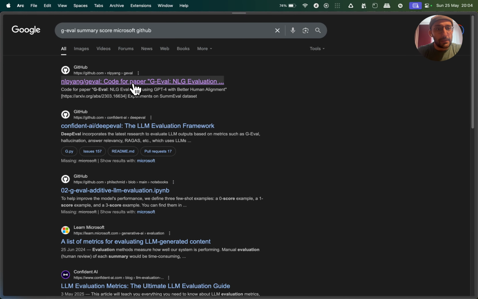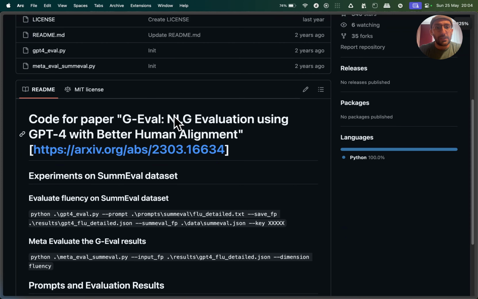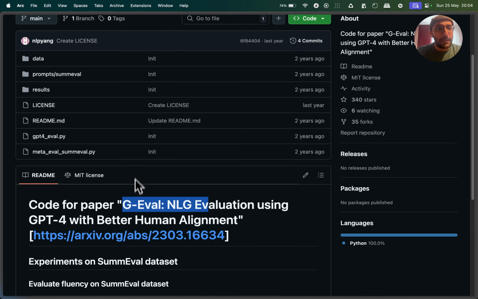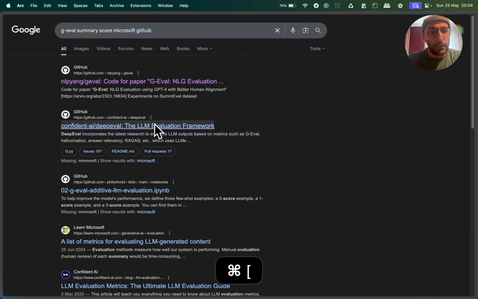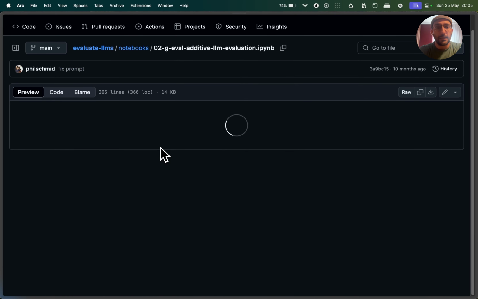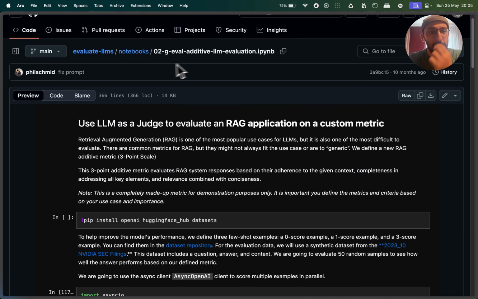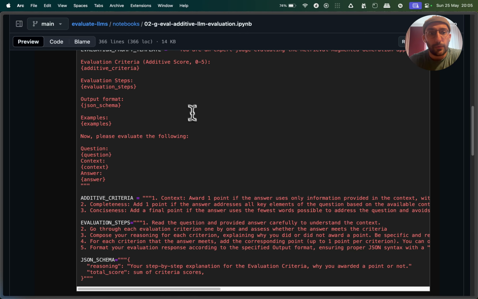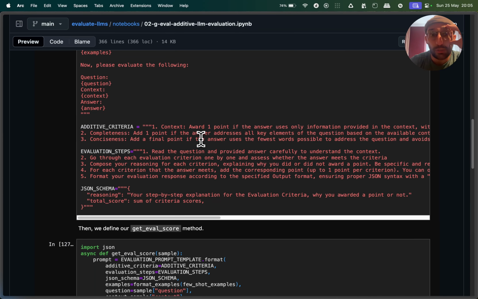There's this paper called G-Eval, NLG evaluation, and I think Microsoft had a really cool, there's a bunch of fancy ways to evaluate, but just to give you a sense, there's this really cool notebook. And they talk about this approach to evaluate summaries, for example.